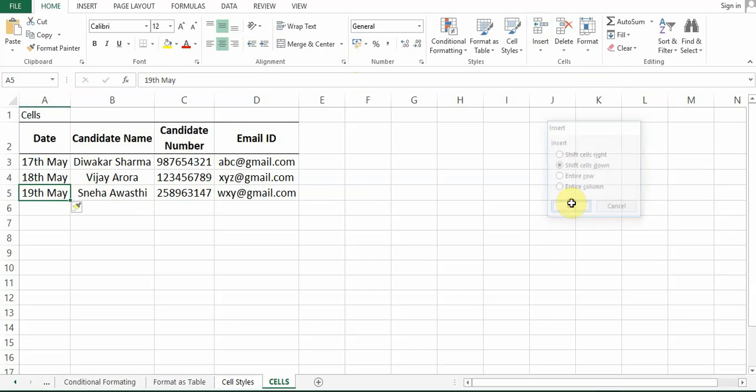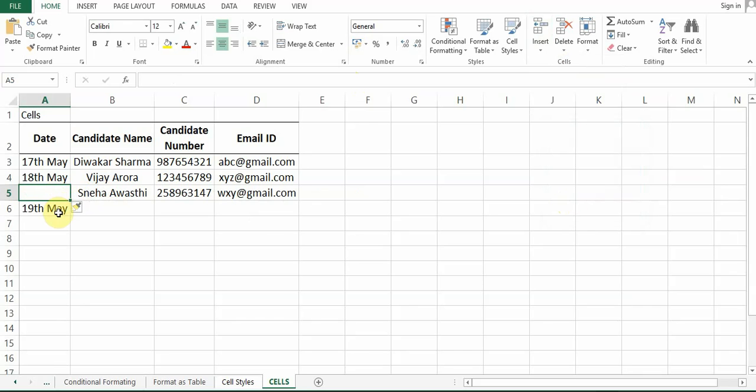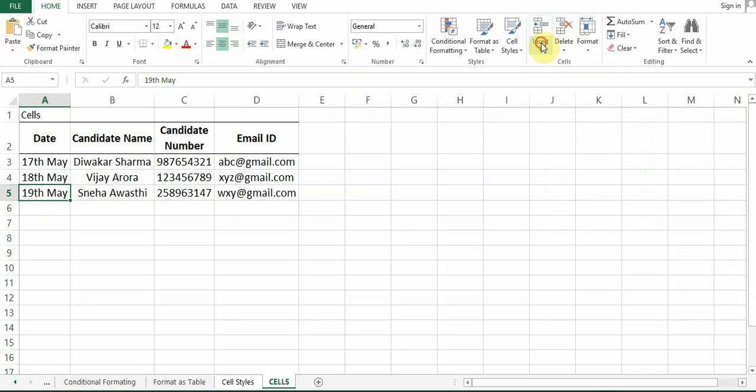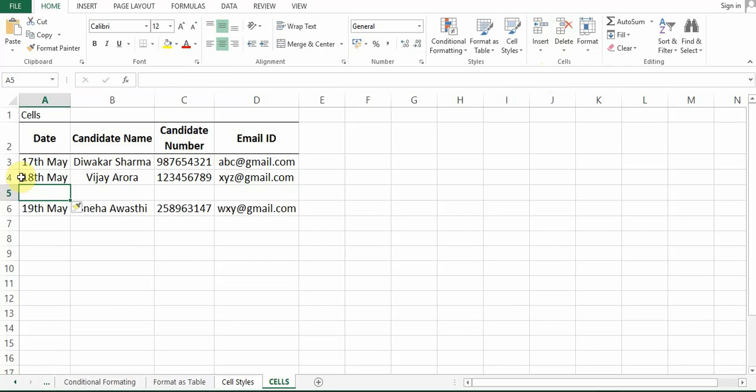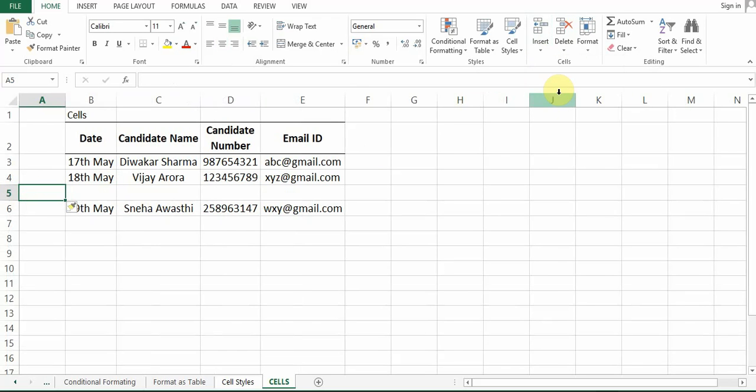Click. 19th May has been moved down. Insert sheet rows will do the same function. We'll insert the row before. Insert column will insert a column before.